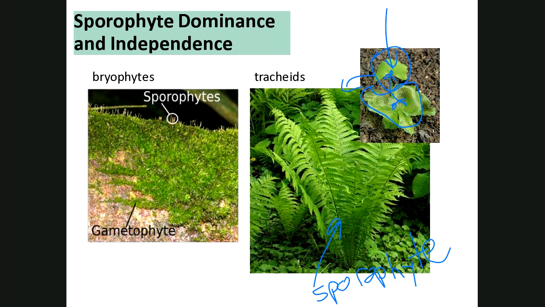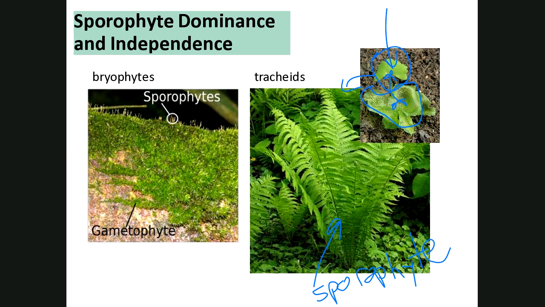Because you've got vascularization, you're not limited to growing small. You can grow tall. And when you can grow tall, you can get up above everybody else and photosynthesize, and you can disperse your young. It's kind of like the evolution of the eye. Every little thing along the way has got to provide a benefit for the organism.